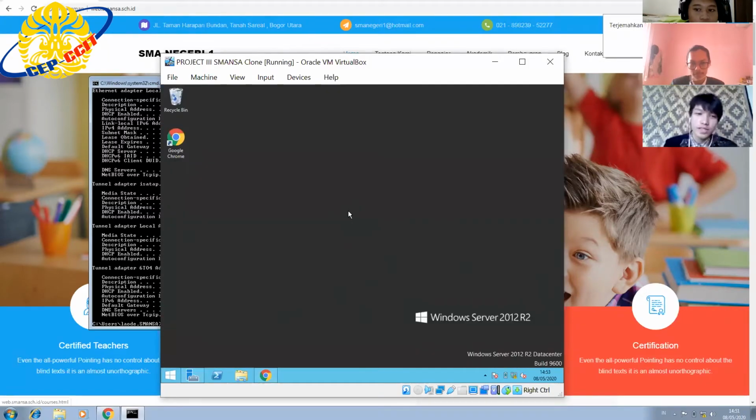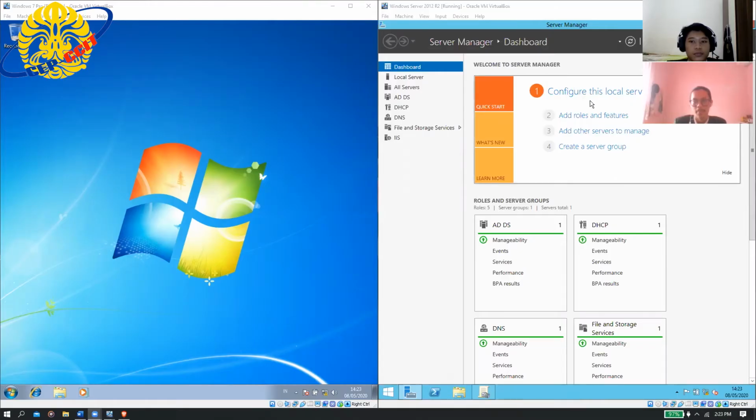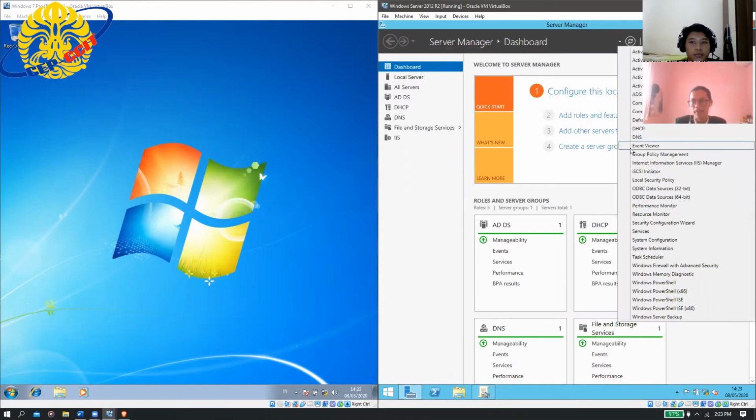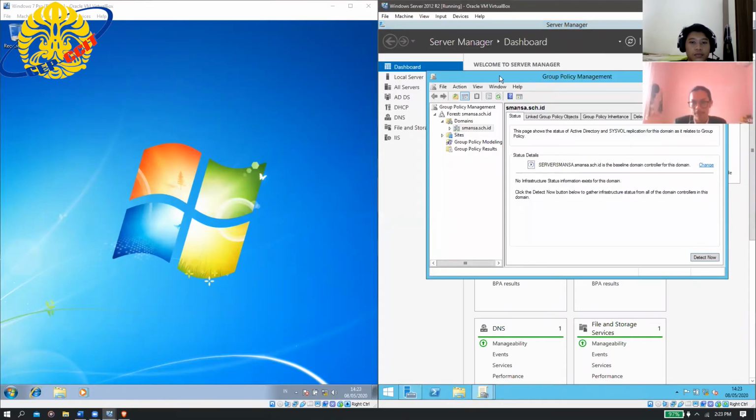Okay, for the next section, we want to demonstrate GPO, or group policy, in the web server. It will be explained by Givari Nur. Okay, the next is GPO, Group Policy Object. You can click Tools and Group Policy Management.